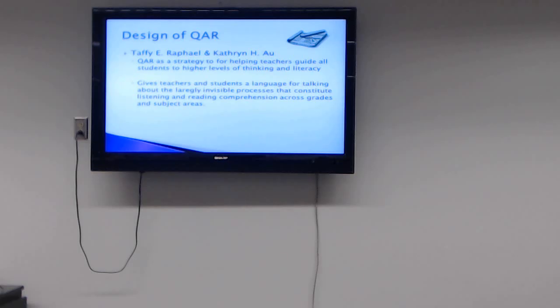Okay. The design of QAR: Taffy Raphael is the main founder of this strategy. And she designed it as a strategy to help teachers guide all students to higher levels of thinking and literacy. So kind of a foundation piece to begin teaching how to answer questions. QAR gives teachers and students a language for talking about the largely invisible processes that constitute listening and reading comprehension across all grades and all subject areas. So this gets into kind of the OGT, and I'll get into that later. But